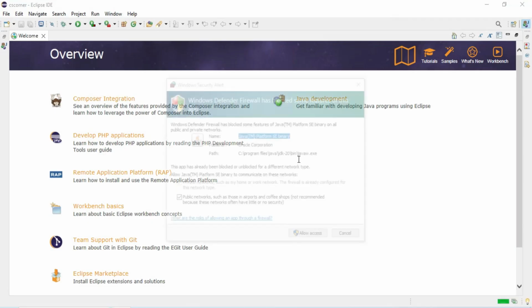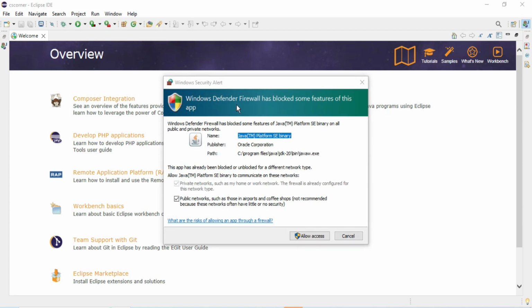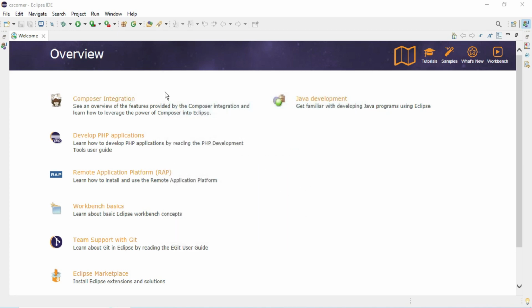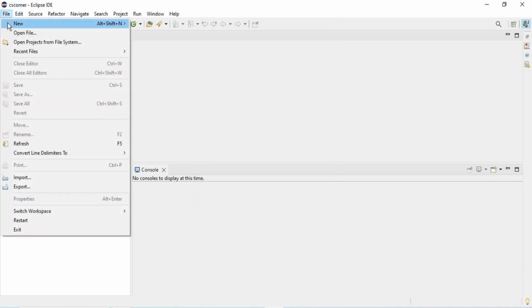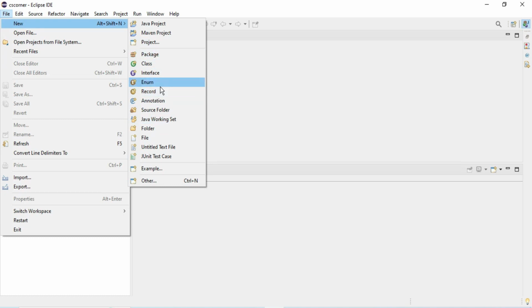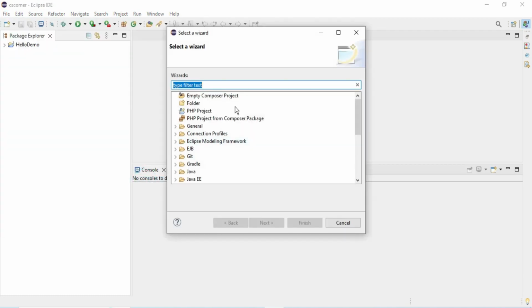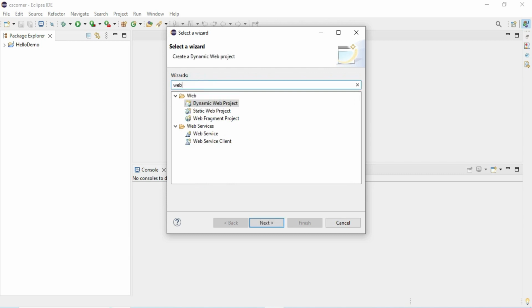So guys, here my firewall is blocking something, so I am going to click on Allow Access, and here I'll take you to this Open Perspective, and can you see now, previously I didn't have this Java EE option, PHP option. So now I got all those options, even Web and XML was not there. I'm interested in Java EE, so I'll just click on Java EE. If you click on Java EE, the options will change over here. I haven't selected Java EE yet, so my file creation options have not changed. Now here in search, if you search for Java EE dynamic web project, it will show you. So you can create a project from here also.